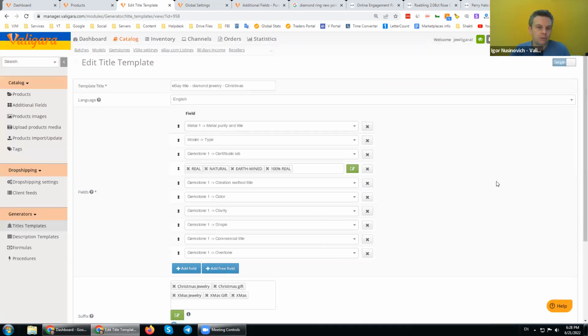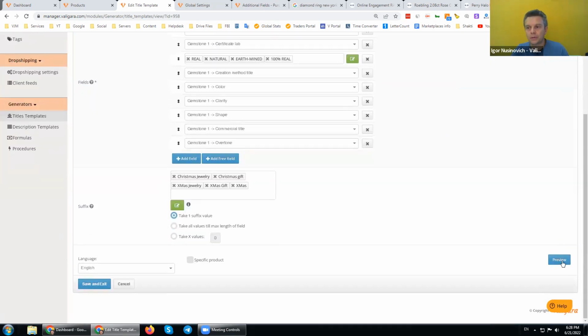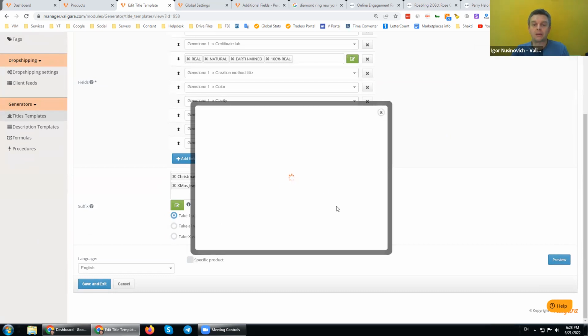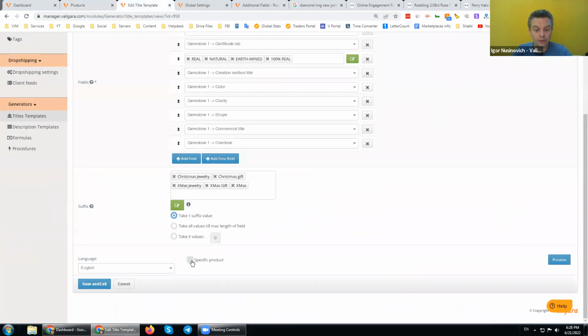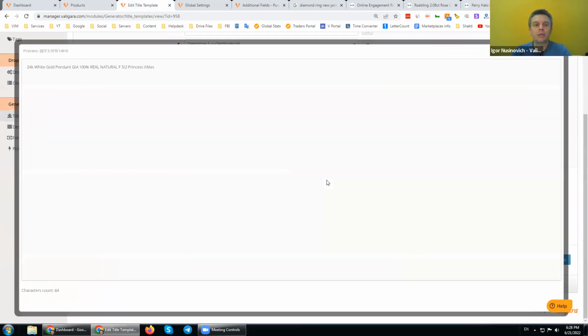Now, when I speak about creating a title, what is important here in Valigara, and please remember this, we see that many people forget it, is the simple preview. You see that you run the title generators time after time, while what would be more effective? The more effective thing would be definitely using the preview, adjusting it. By the way, you can select a specific product first of all, right? By stating a specific product ID or SKU, and then random or product ID and preview. So this will allow me to see how the specific title generator will look on the specific product.